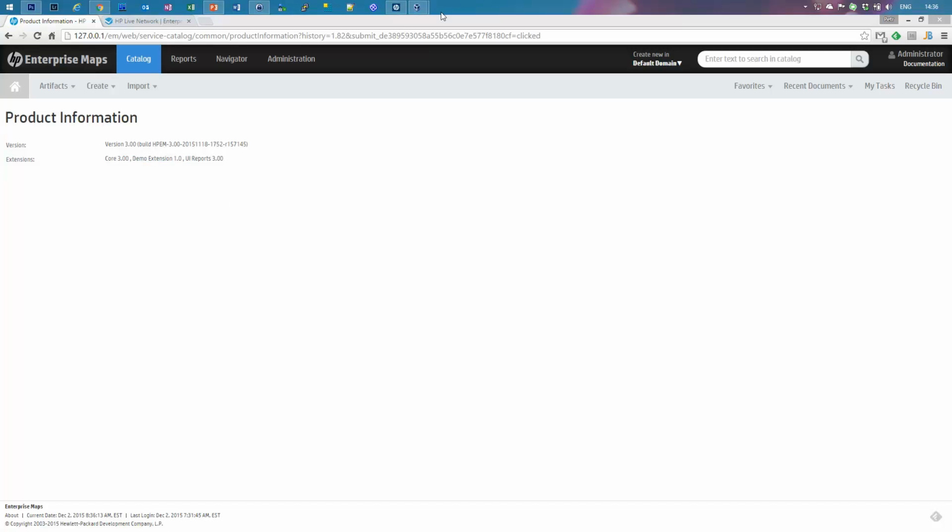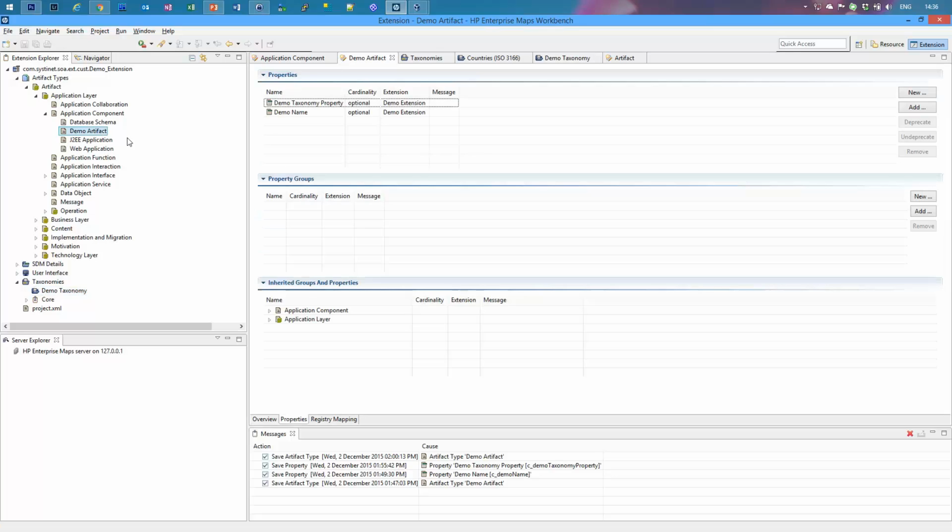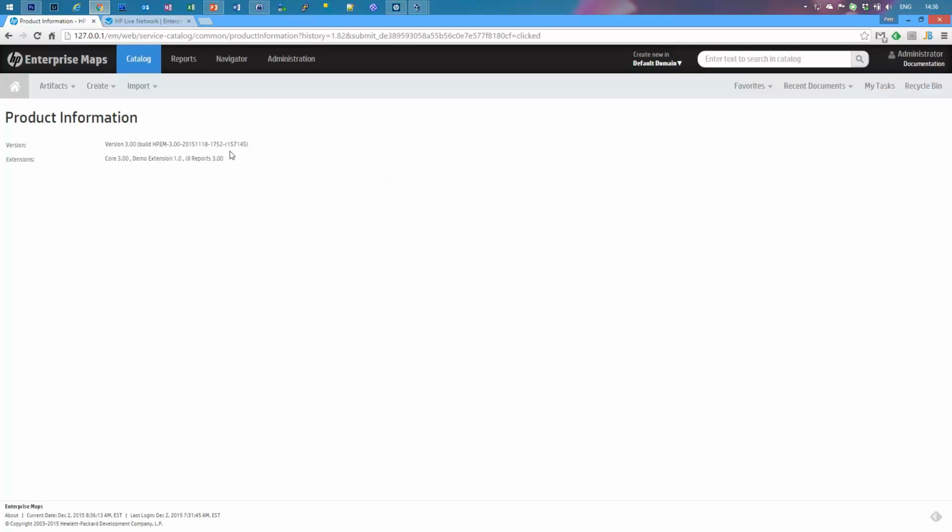So just a quick recap, this extension created a demo artifact with two properties, demo name and demo taxonomy property, and it inherits the properties from the application component artifact type. So this is the extension which is applied in our instance, and now we have to somehow make it visible,